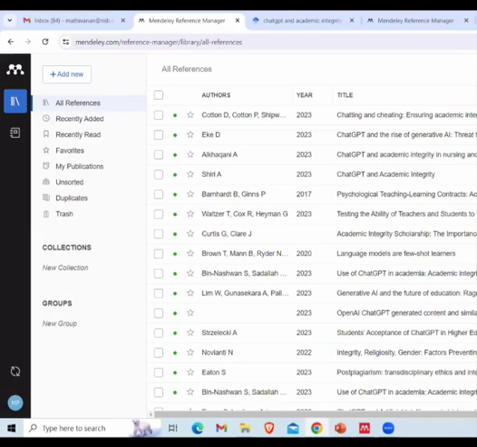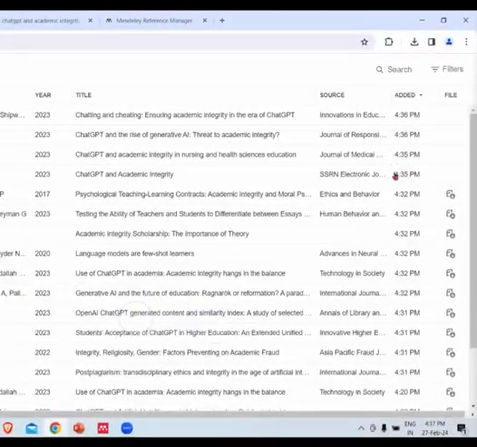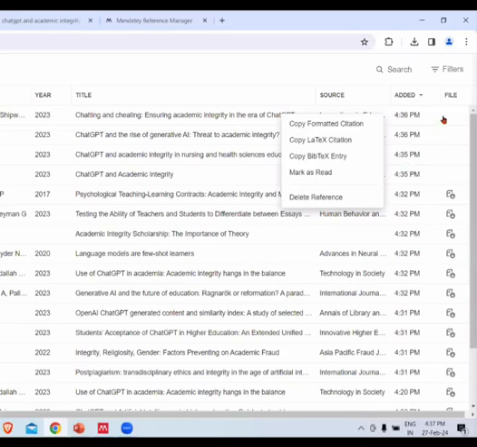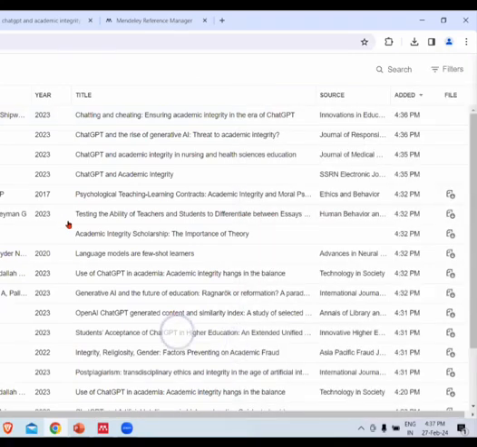You can see the time. 4:36, 4:36, 4:35. Just now, these 4 articles have been added. By default, the PDF files attached also should come, but somehow it does not come. We'll fix that. Okay, so now you know, without downloading or without copy pasting somewhere, we can directly add references